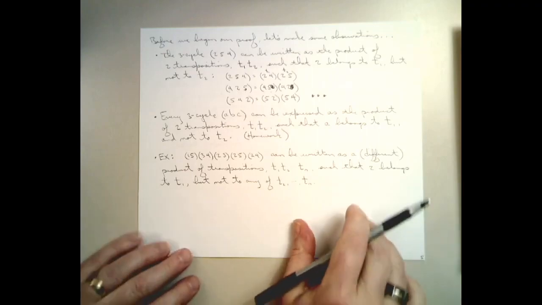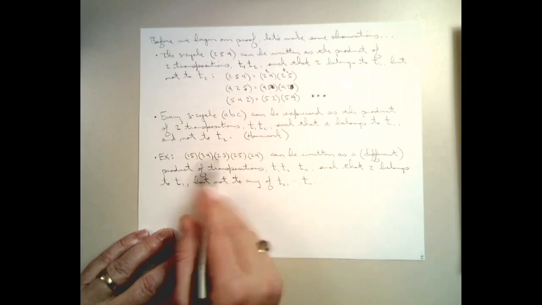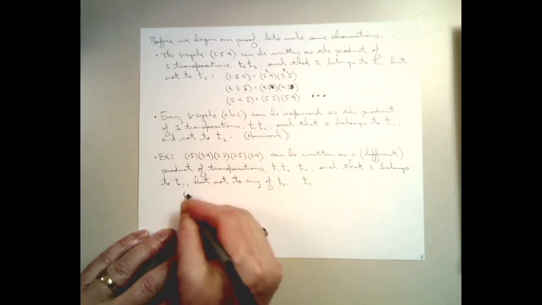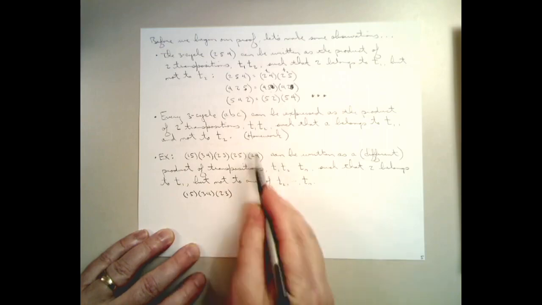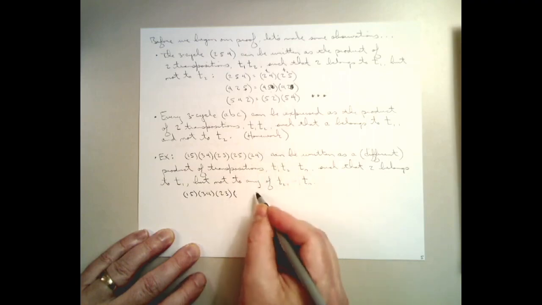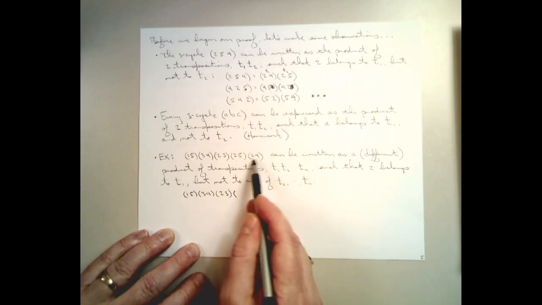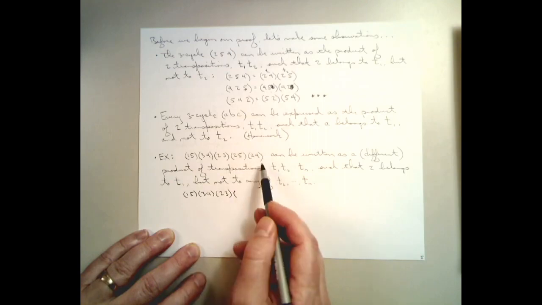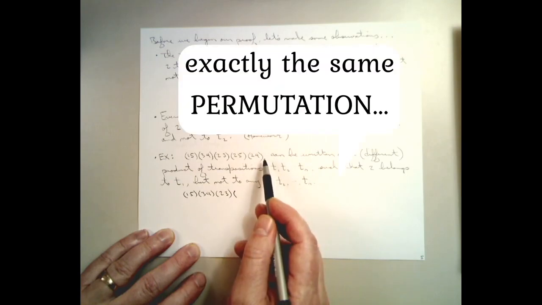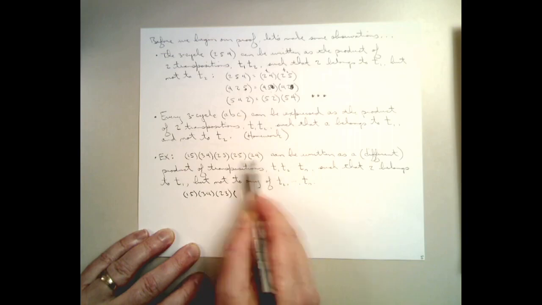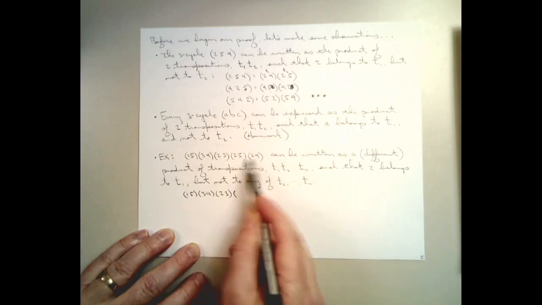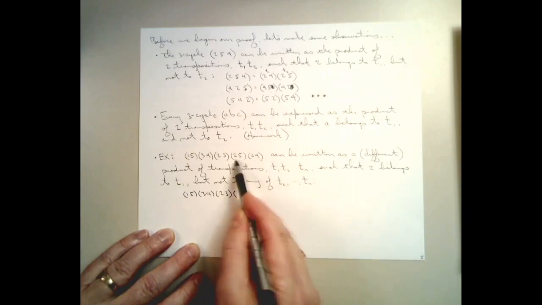Here's how I'm going to do that. I'm going to begin by rewriting this permutation. I'm going to write the first 3 down and focus on these last 2 to start. You showed in a homework exercise that if two transpositions are disjoint, I could just interchange them. These aren't disjoint, but your homework exercise showed that if they're not disjoint, then either the product is the identity,